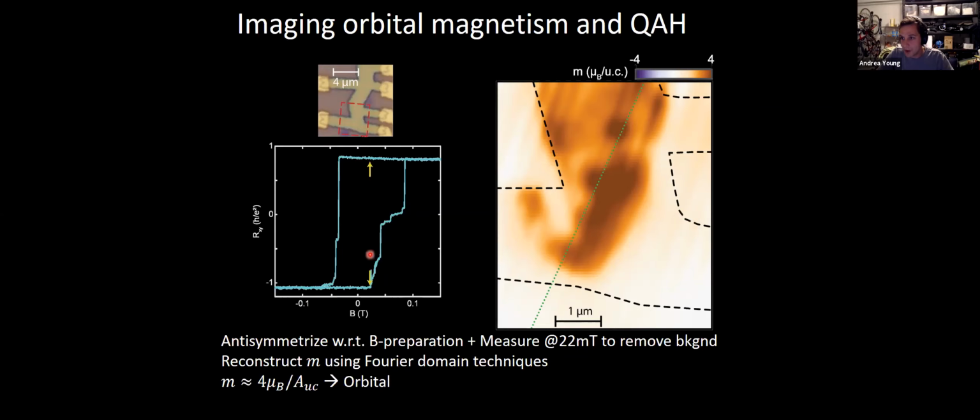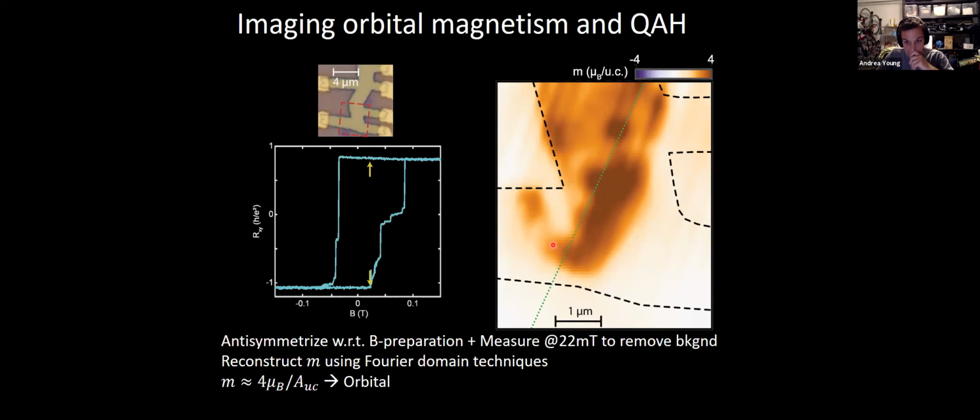So there's some mixing of RXX and RXY. Contact resistances are also high. In order to get nice quantization, one needs to very carefully use Onsager relations and measure at exceptionally low currents and so on. And when we're doing the scanning measurements, we tend to not take that care. So it's the same sample, same measurement. This is indeed a quantized state if you're careful about how you do your transport measurement. But the bottom line is that this is the magnetic structure. It's not particularly uniform, but